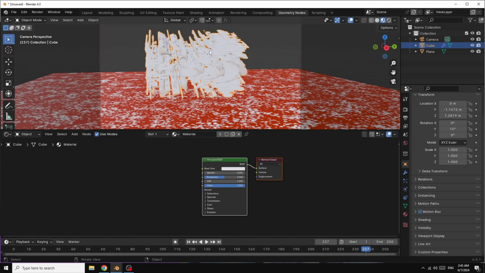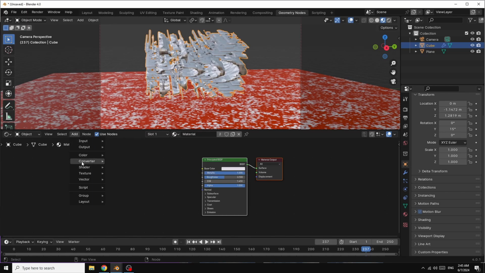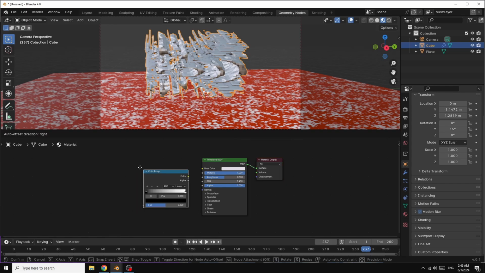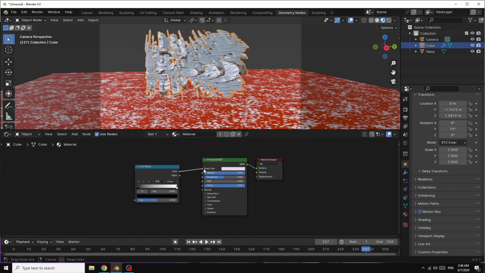now we want to give some materials for this object, so I make it metallic. Go here in converter, select color ramp, connect color to base color.